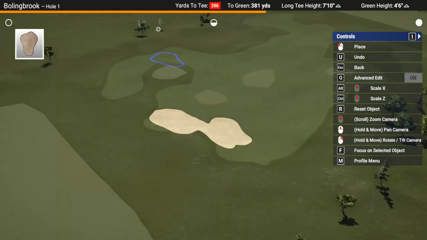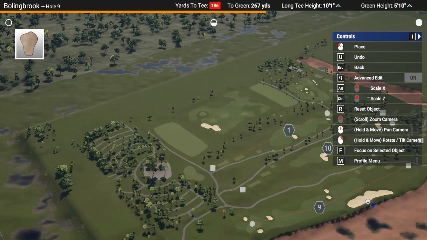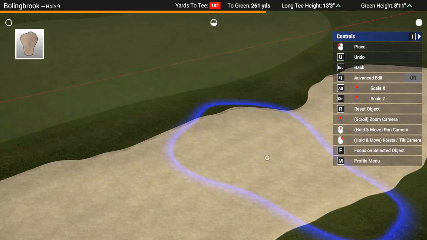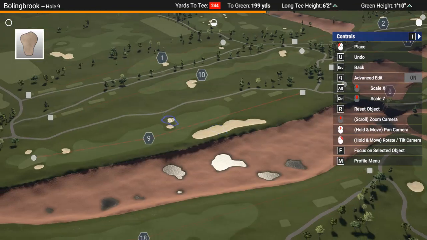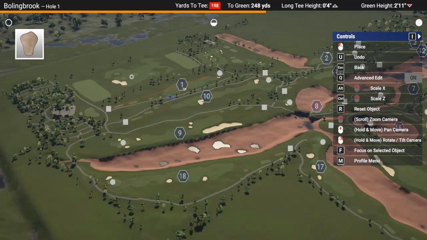And if I were to take a look at this jump course that I made, you see over here there's a bunker in place, bunkers right here and there. They're already there, so that's not an issue most of the time. It's just if you forgot. All right, so let's take a look